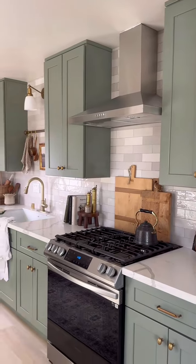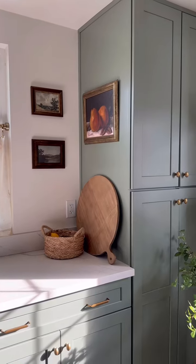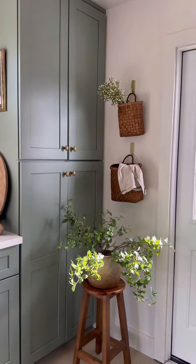I revealed the green kitchen in our triplex renovation. I had so many people asking about the cabinet color. These were actually wholesale cabinets and were already green when we purchased them, so I didn't have an answer for you guys until now. I ended up taking off one of the cabinet doors and took it to my local